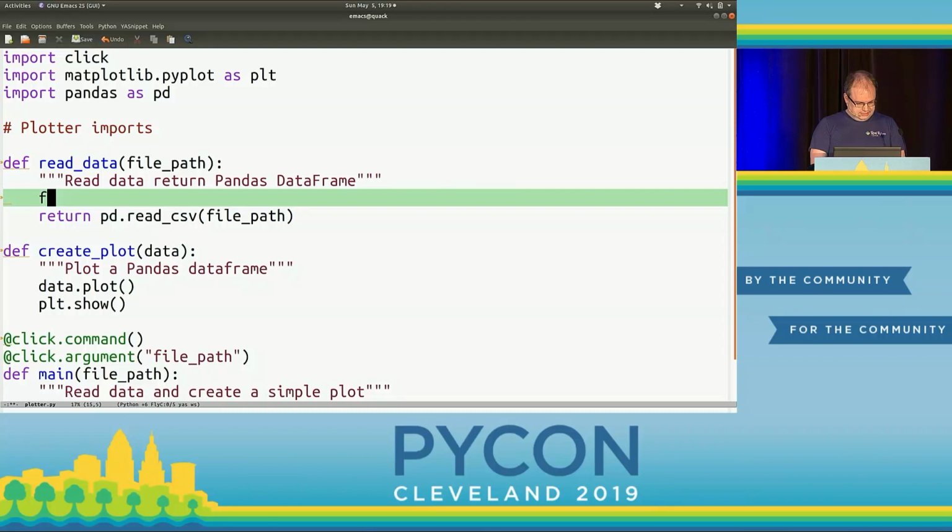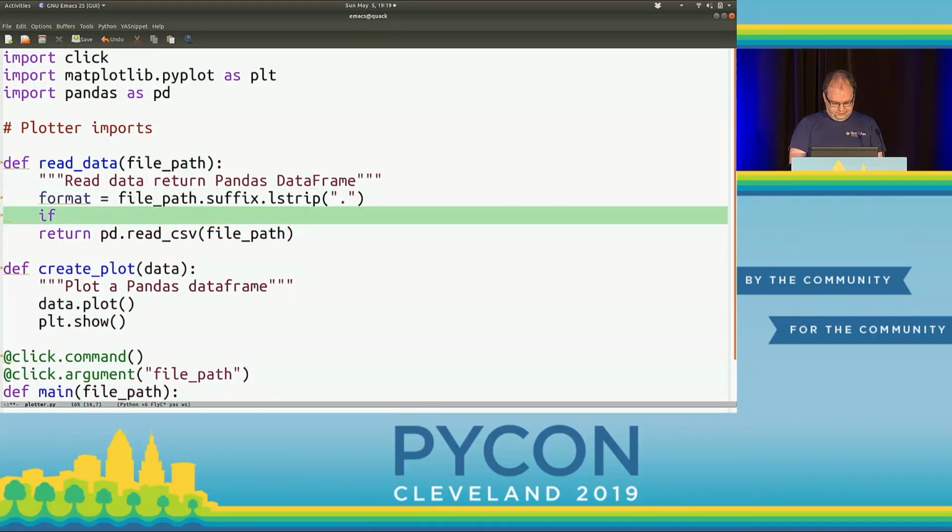And one way to do this then is that, OK, I need to figure out which format I have here. So this is one of the neat things with pathlib: I can just ask for the file suffix. And that would be .csv or .json. So I'll strip off the dot. And then I can just do if format